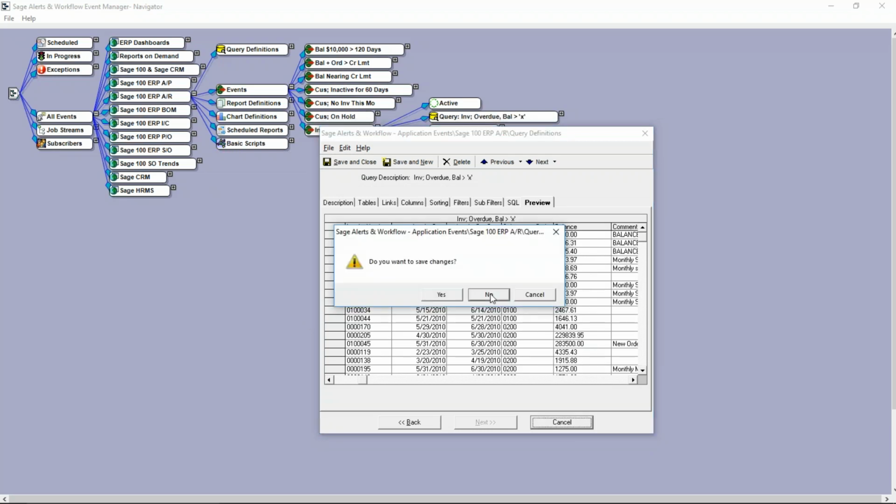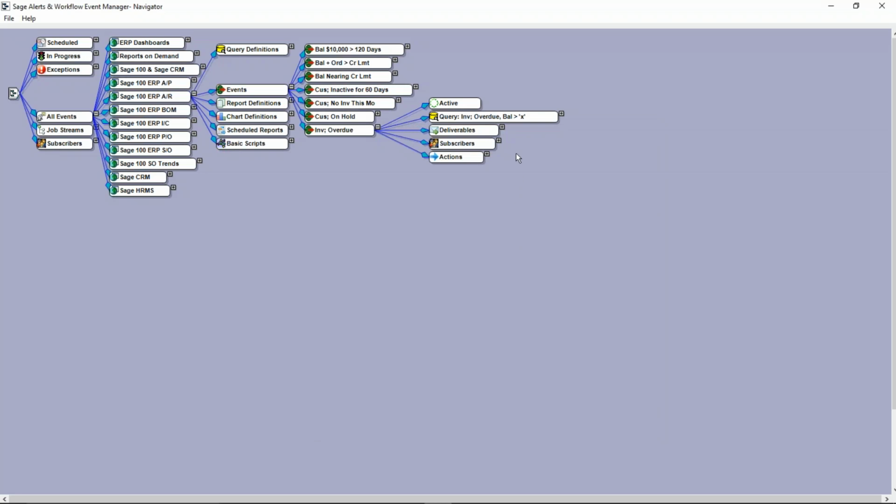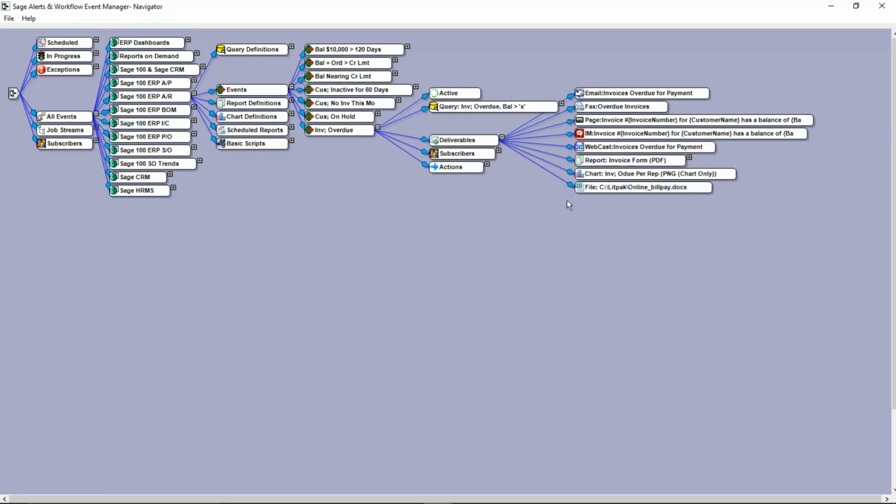Okay. Let's go back and take a look at the rest of our event. We've specified how often the event is running. We've specified the triggering condition and the fact that we're going to look for invoices that are overdue in excess of $100. Now we're at the point of specifying what do we want the event to do if and when these conditions occur? Well, I think you'd agree. First and foremost, we need to tell someone about these overdue invoices. And so, as we talked about earlier, alerts can be sent out via a number of different methods, and the information in those alerts can be tailored in a number of different formats.